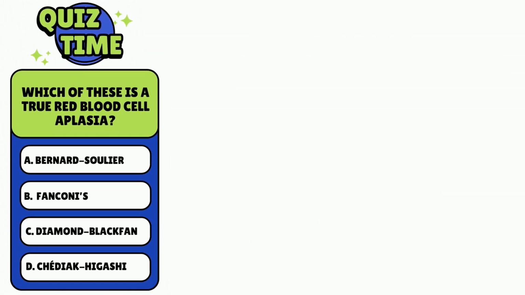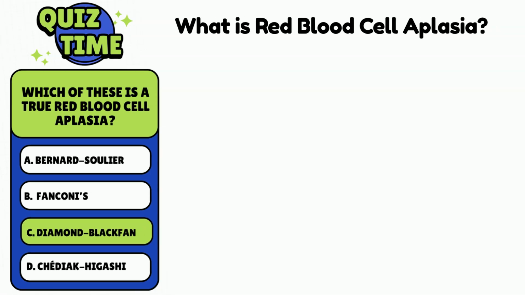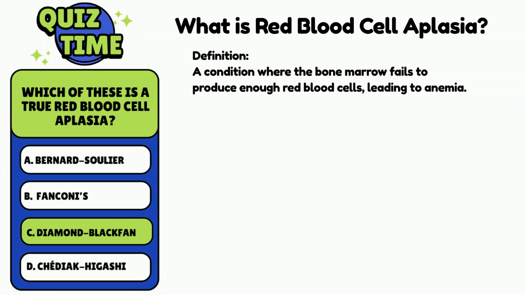Which of these is a true red blood cell aplasia? The answer is C. Red blood cell aplasia is a condition where the bone marrow fails to produce enough red